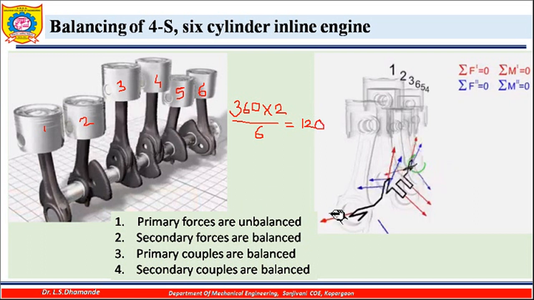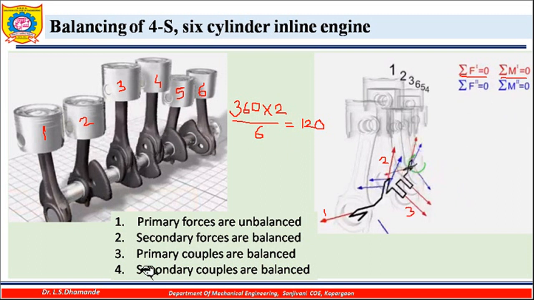If you arrange the cylinder cranks like this, you will get the primary force by cylinder number 1 like this, the primary force due to cylinder number 2 like this, and the primary force due to cylinder number 3 like this, and similarly for the other 3. If you see these 3 cranks and draw the force polygon due to these 3 forces, a closed triangle will occur, and therefore the primary forces will get balanced in this kind of engine. At the same time, the primary couple due to all the different forces acting on these 6 cylinders will also get balanced.